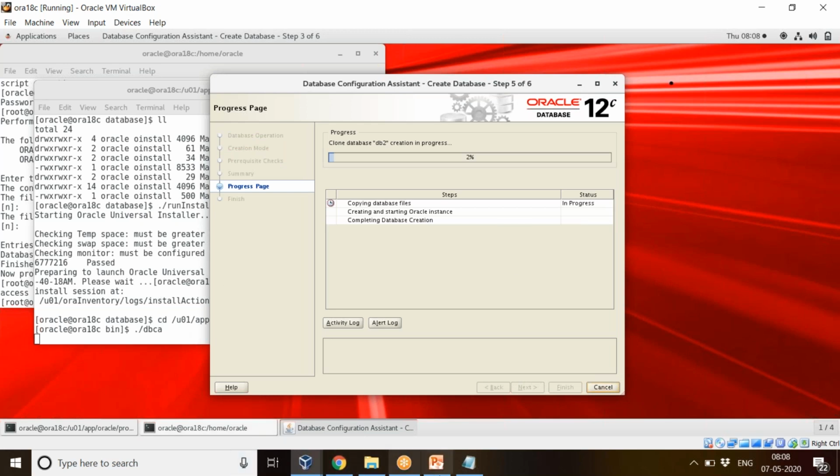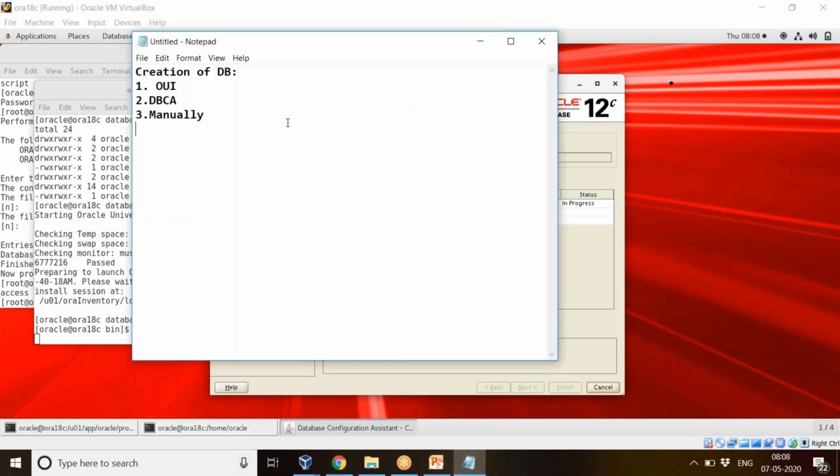So in the meantime, we'll try manually creating a database. How to do? We need two files for this. One is the create script.